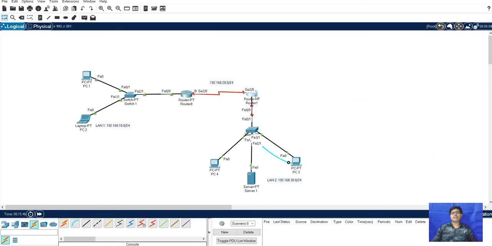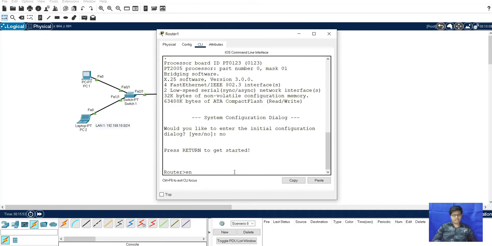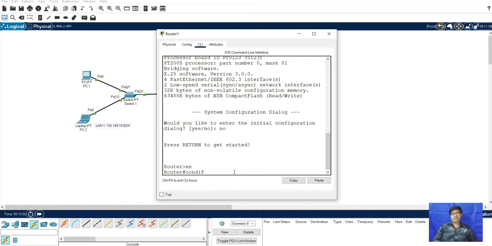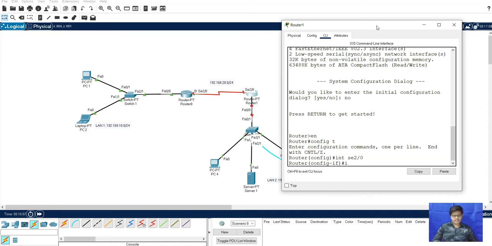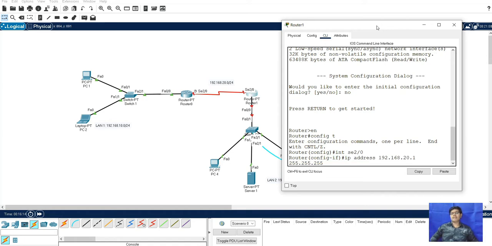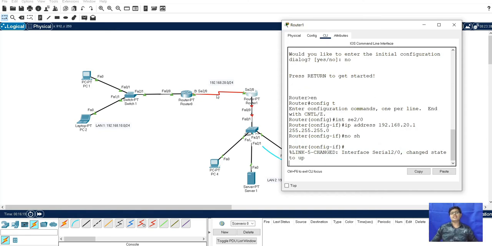We will go to the next router. For that we will go in CLI. Enable, config t for configuring terminal. Next we will give interface serial 2/0 and IP address 192.168.20.2, 255.255.255.0. No shutdown. So here you can see the connection is established.